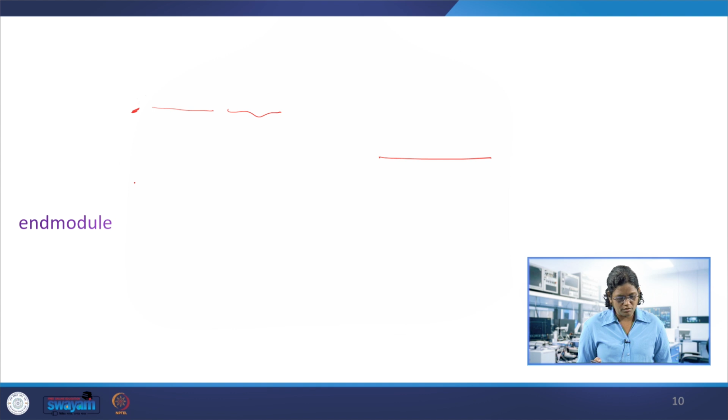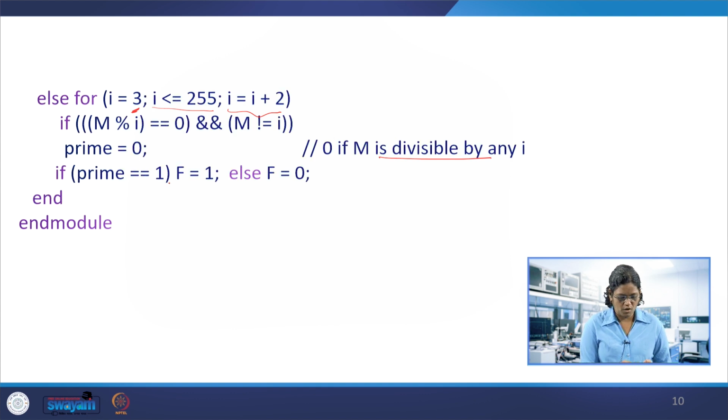Okay, so the next step we do here is that if prime is 1, f equal to 1, else f is 0. Okay, so this is taking the output, so end. Just to note, there is a variable which is declared inside the always block, as we have seen in the examples also. This is a behavioral description of a combinational logic. So here we are extending this prime number detector up to 255, so 16 bits. You can have even more numbers, and depending on the input size, you can declare that.